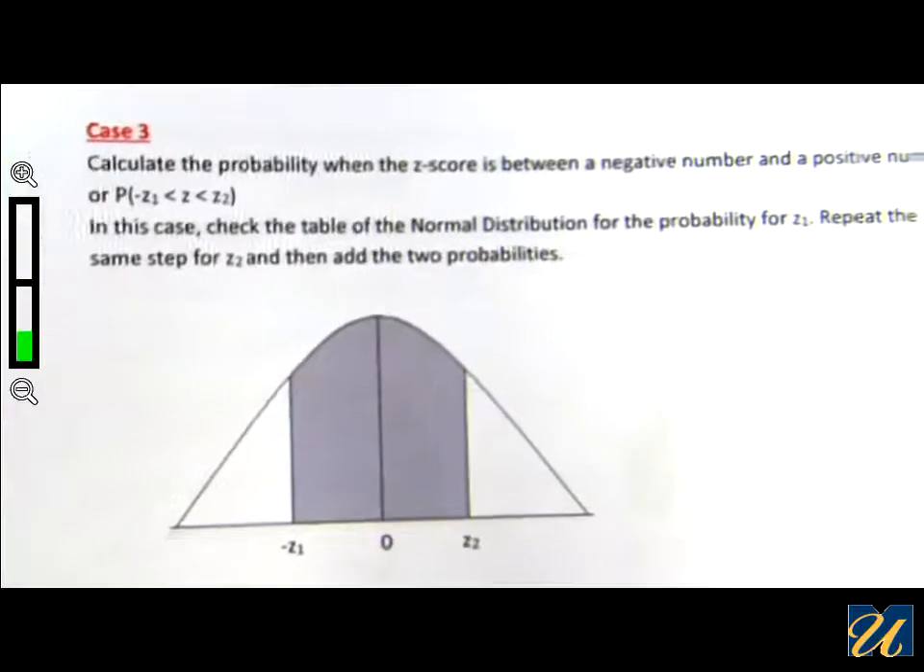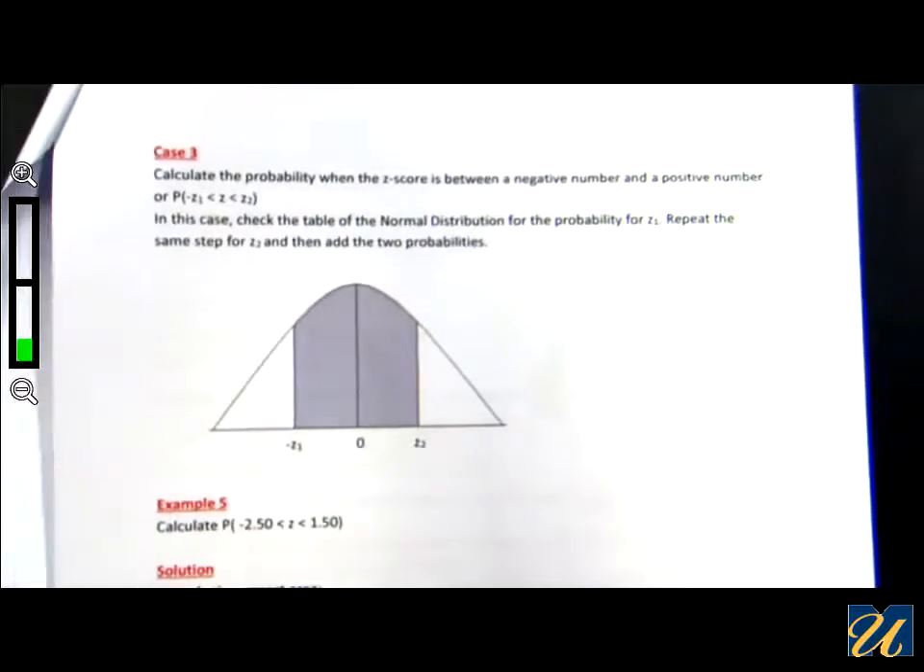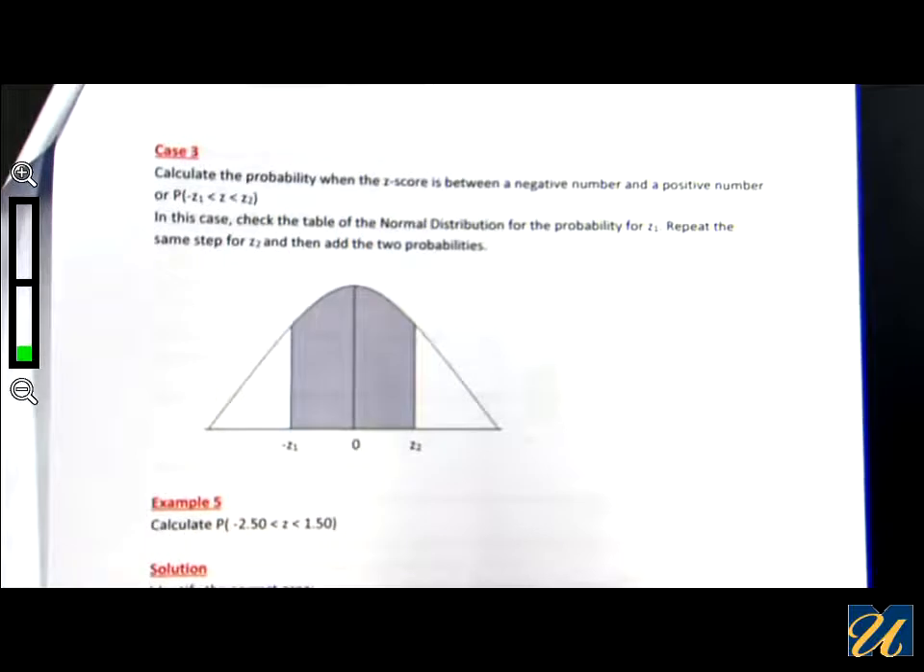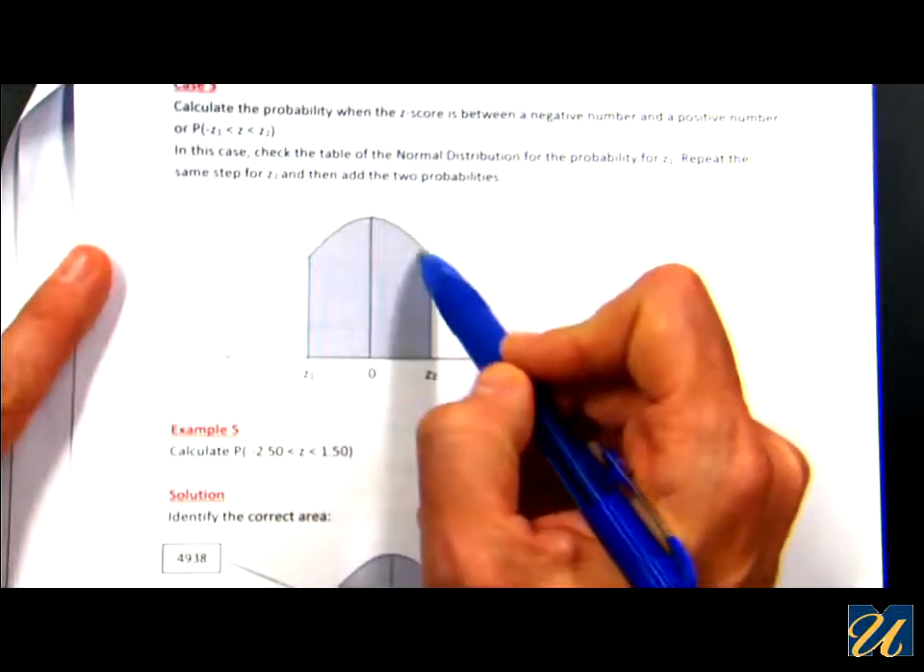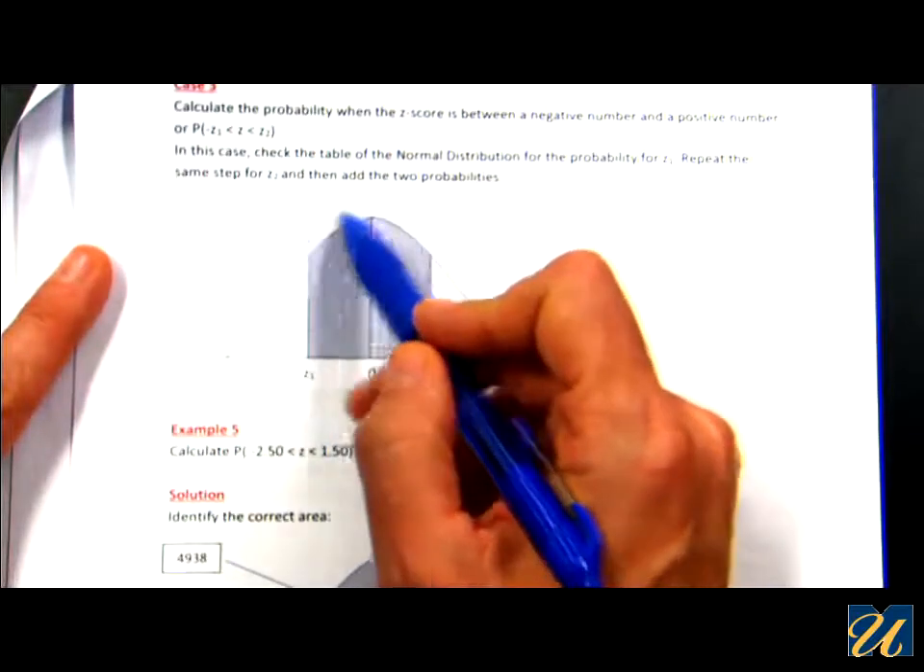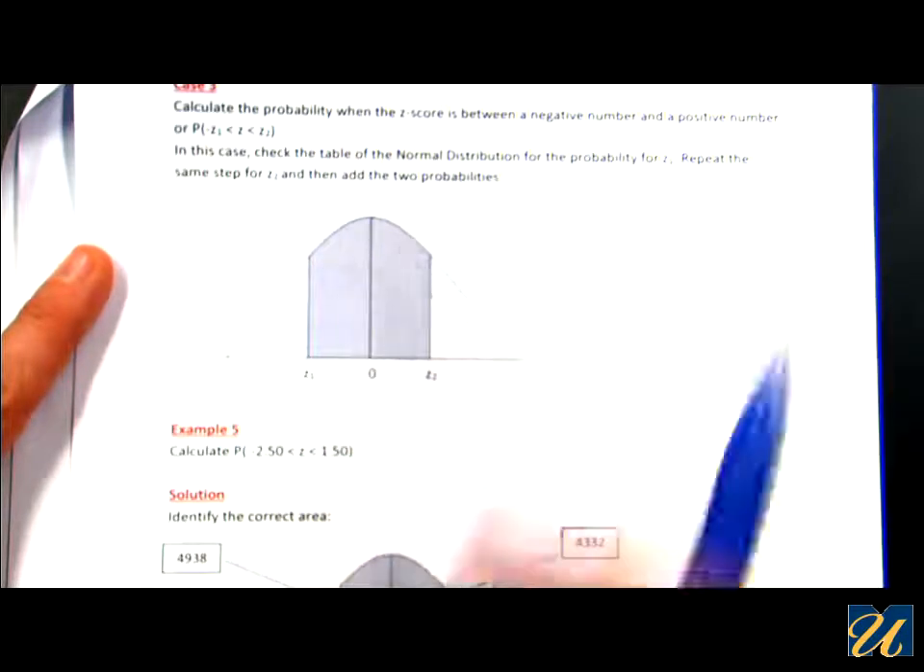Now, we want to calculate another case, the probability when the z-score is between a negative number and a positive number, a negative z-score and a positive z-score. In this case, we check the table of the normal distribution for the probability for z1, we check the table for the probability of z2, and then we add the corresponding probabilities. So you check basically for this area, and then you check for this area, and then you add the corresponding